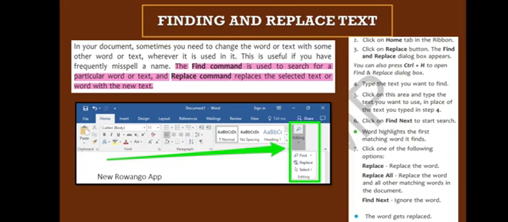Steps for the same are common, that is, select the word, click on the Home tab, then click on the desired command. To search for a word, you can use the Find command, and to replace the word, you can use the Replace command. You can also use the shortcut key, that is Ctrl plus H.